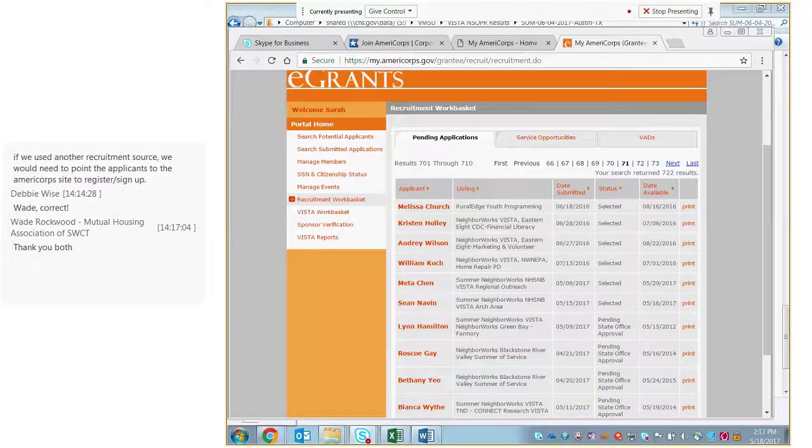And be on the lookout for another email from me with the recruitment guide. And I will also be sending out instructions on how to set up your travel profile for those of you that will be attending the supervisor orientation in June. I'll also have a few more details about that orientation, so I'll be sharing that as well. And as always, email or call with any questions.